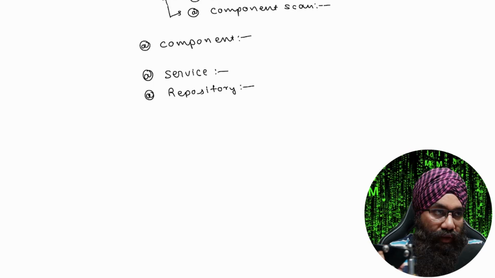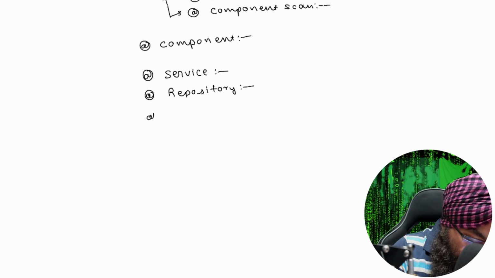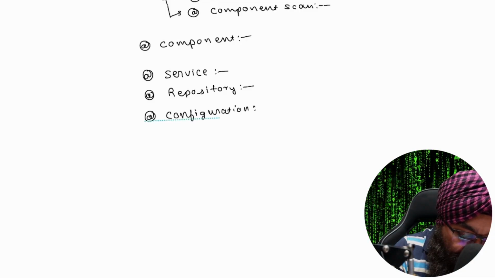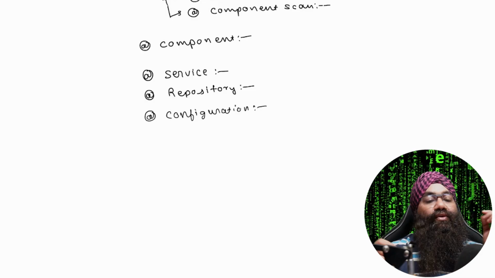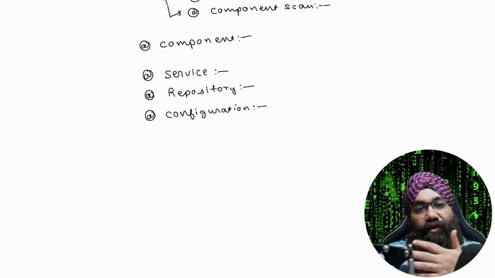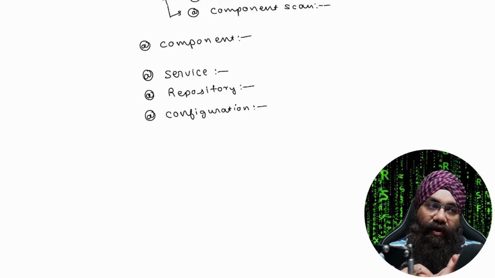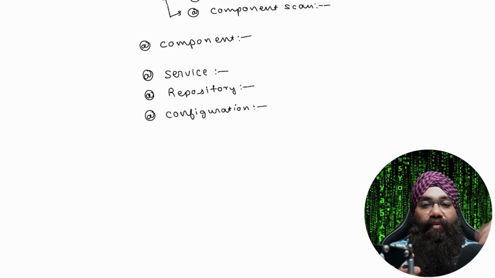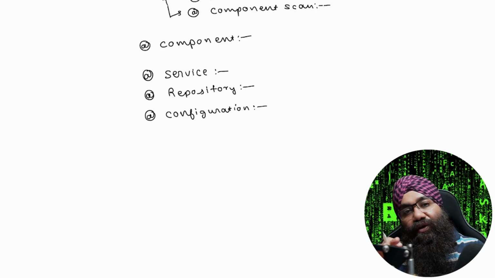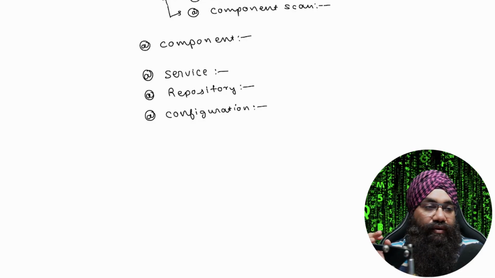Okay, so then is your @Configuration annotation. We talked about this earlier as well. So if you want to configure some beans explicitly or some third-party beans, you can use the configuration annotation. It tells Spring that this class defines some other beans which would need to be loaded, or some configurations can